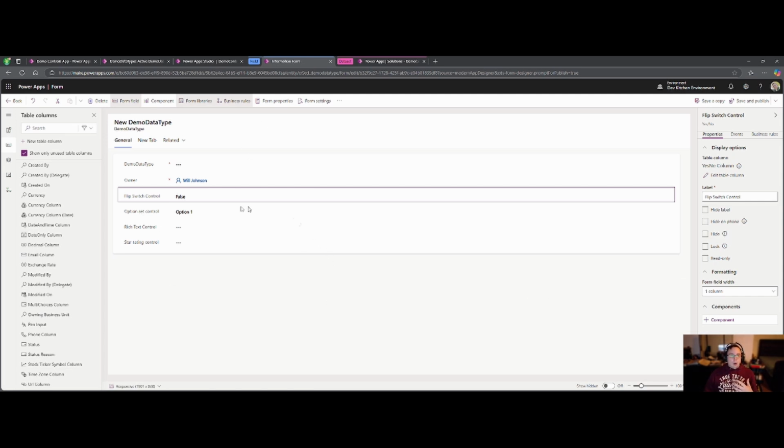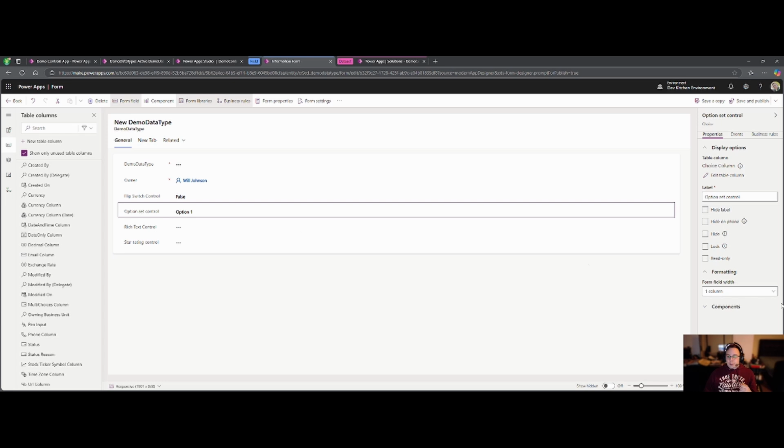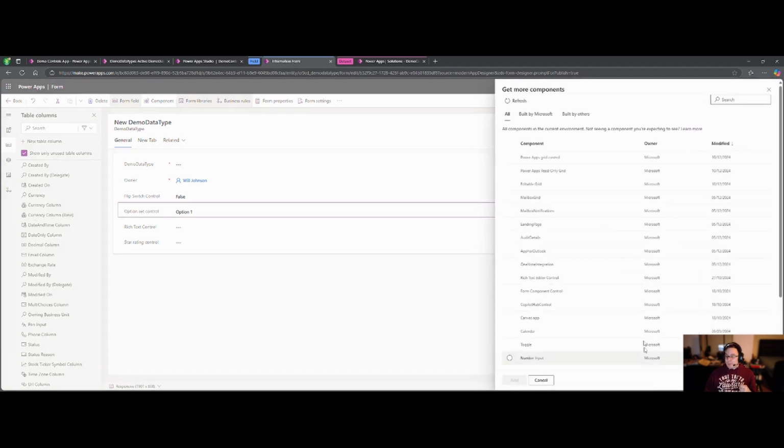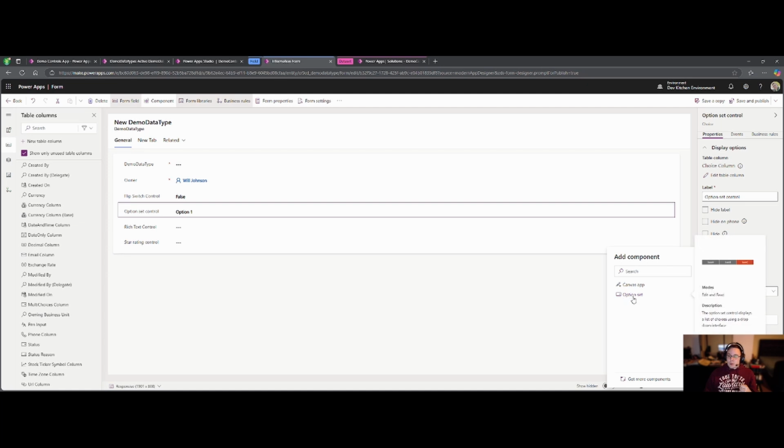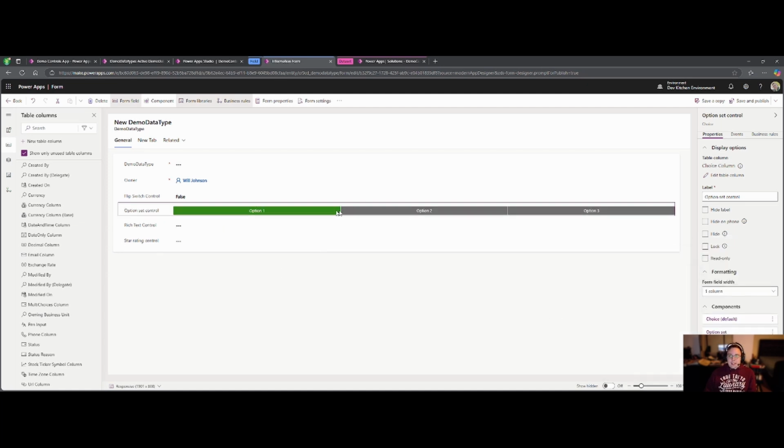We come into our form, we choose the field that we want to apply it to, we hit components, we hit new component, and you'll see here it's option set. If you don't see it here, you'll need to hit get more components and then search it in here. So when I choose option set and I hit done, you'll see that it then changes it to a list of options. So again, if I save and publish that,